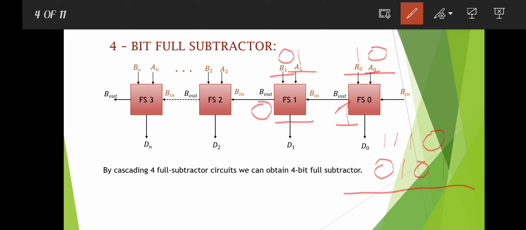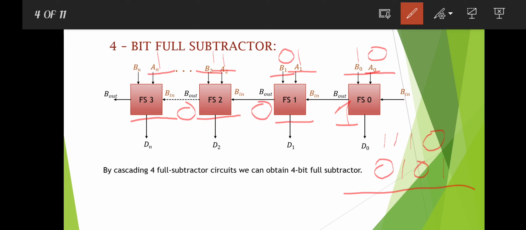Now in the next block, both A2 and B2 are 1. That means 1 minus 1 is equal to 0, and since the incoming borrow is equal to 0, 0 minus 0 is equal to 0. That means both the difference and the borrow output are 0. Now in the final block, A3 is equal to 1,